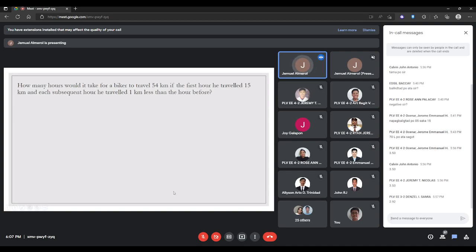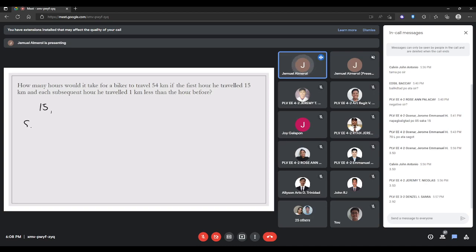Okay, let's solve this one. How many hours would it take for a biker to travel 54 kilometers if the first hour he traveled 15 kilometers and each subsequent hour he traveled 1 kilometer less than the hour before? Okay, so we need the number of hours. Mapapansin nyo, ang deceleration or the descension ng values ay 1 kilometer less. So kung mag start ka sa 15, dapat ang total mo ay 54. Okay? So itry nga natin using